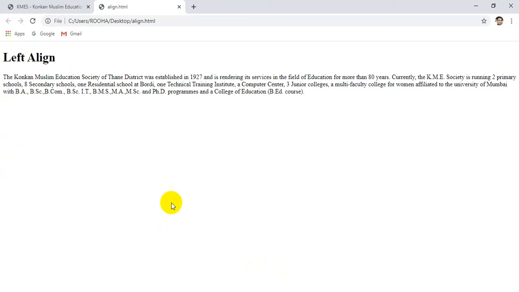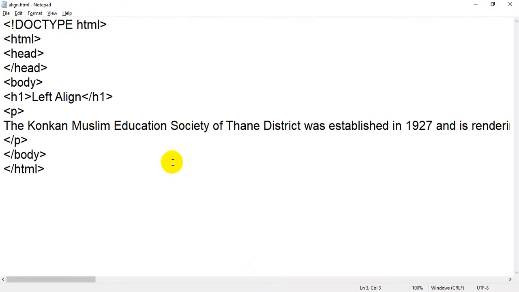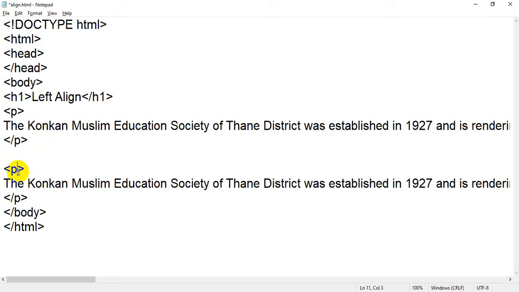Okay, if I add an alignment, I just want to show you. For example, I have added one more. Control C, just below the text, Control V I have added, and I am going to assign ID equal to my. I have told you n number of times what is the use of ID. I am going to apply CSS on that particular paragraph. If I apply CSS on the paragraph tag, it will take 2 paragraph tags and it will assign on both the paragraph tags.